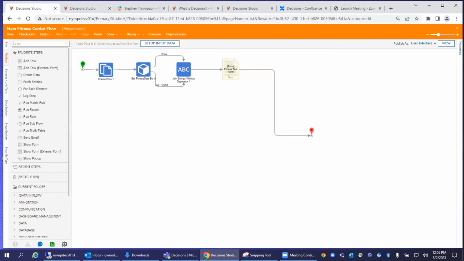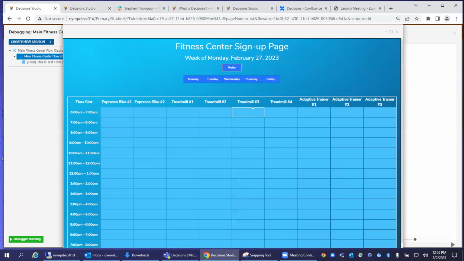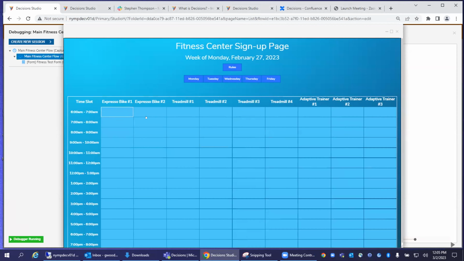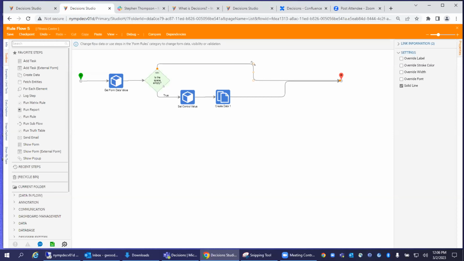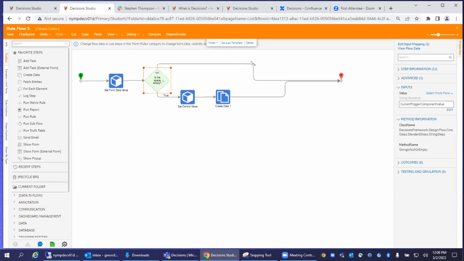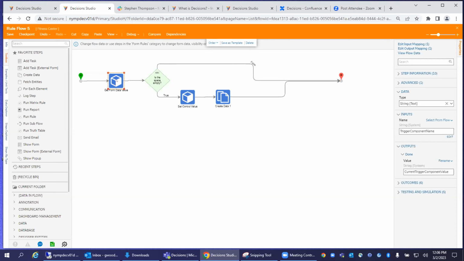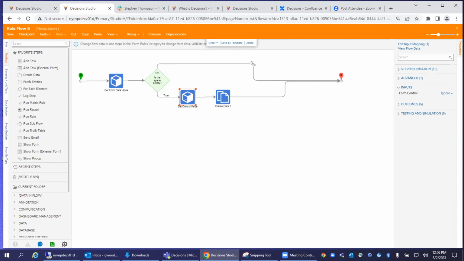Yep. So basically, I'm gonna run this flow here. It's gonna bring up a form. So this is the form here. So these are all text boxes here. So I want to be able to have the same active form flow for each text box. So say I click on this right here. That will run an active form flow. So I go over here. This is the active form flow right here. So I'm using a get. I want to be able to set control value, but